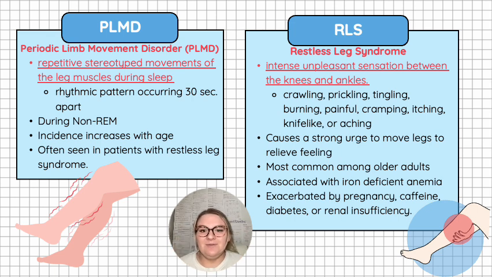And no one wants to be in pain while they're sleeping. So it causes a strong urge to move your legs to relieve that feeling. This is also seen more commonly in older adults. And interestingly, it's associated with iron deficient anemia, and it can be exacerbated by pregnancy, caffeine, diabetes, or even renal